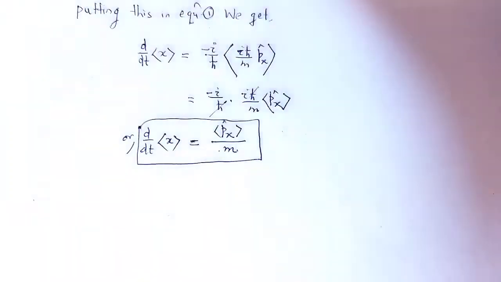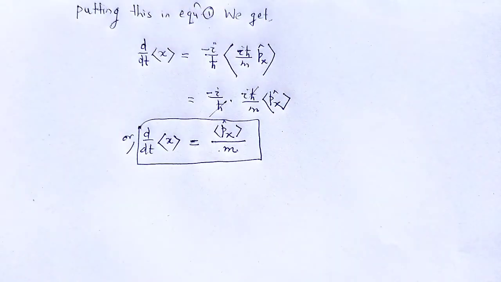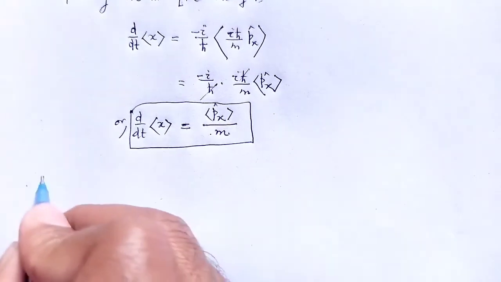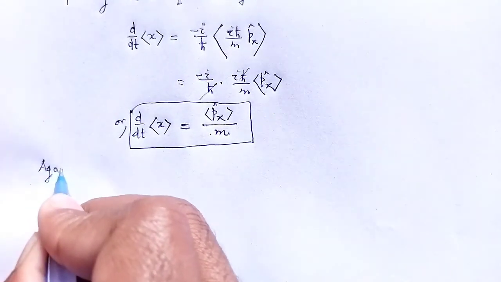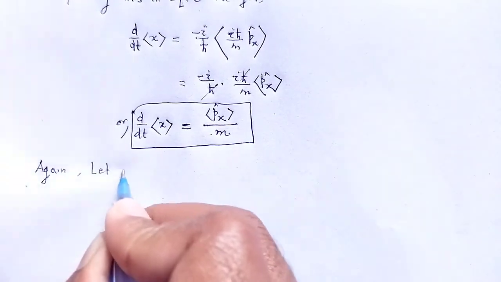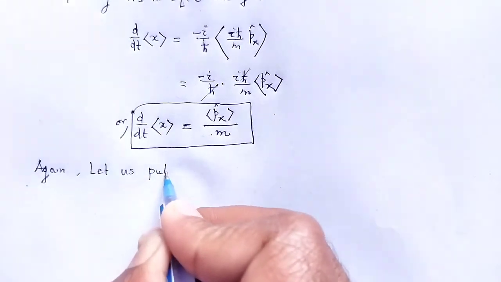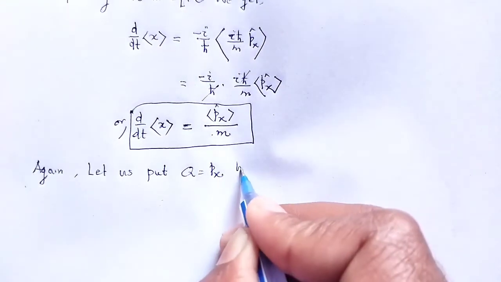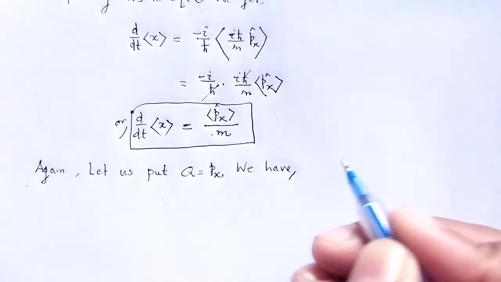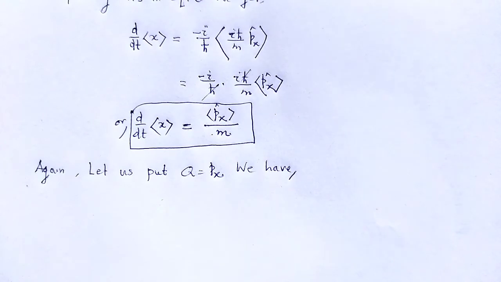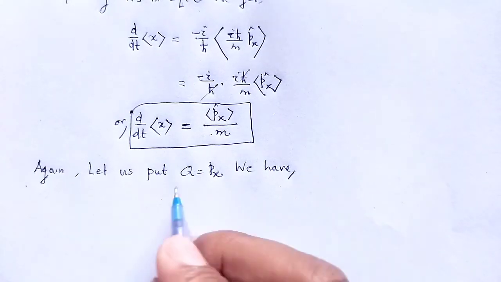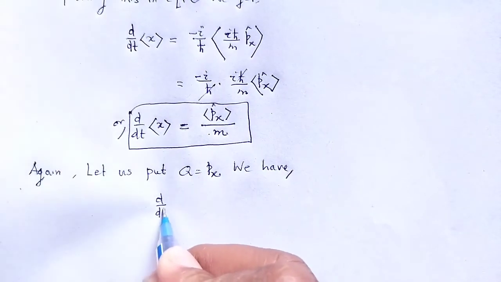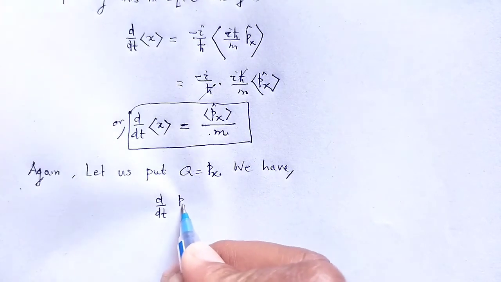To prove that second one, again let us put q equal to Px in Heisenberg's equation of motion for constants of motion in quantum mechanics, that is d by dt of the expectation of Px